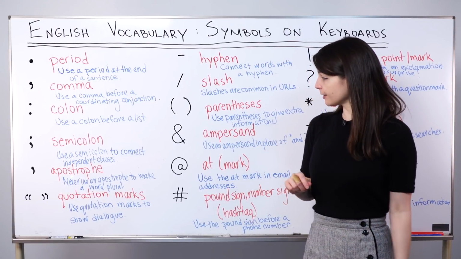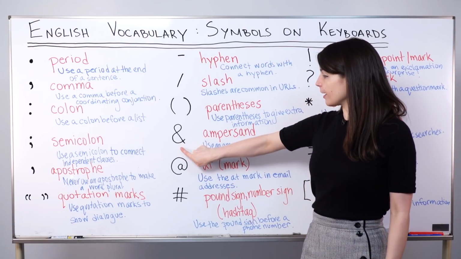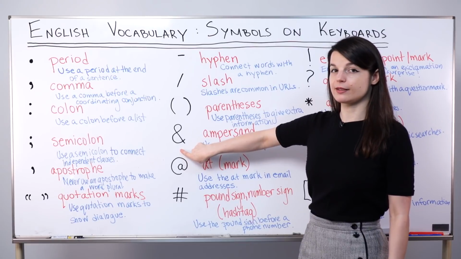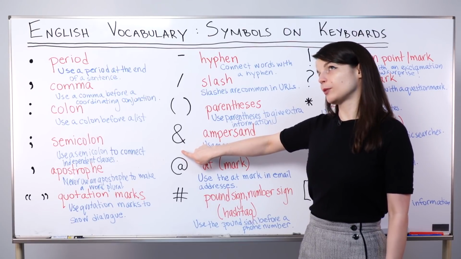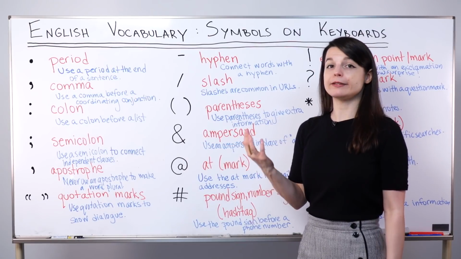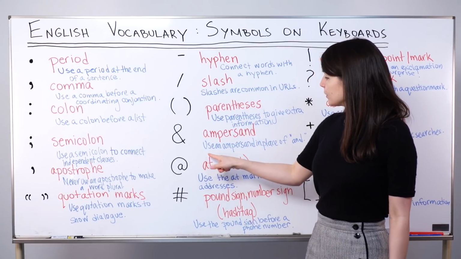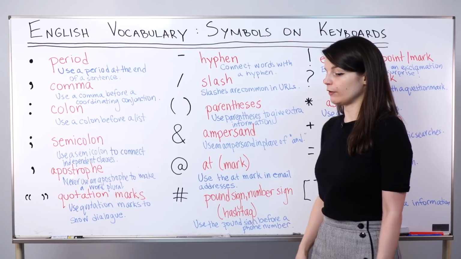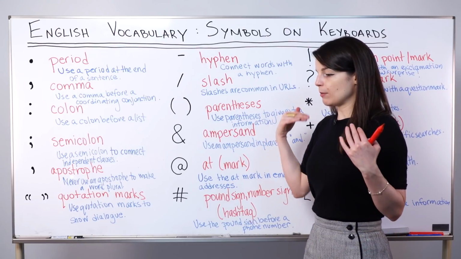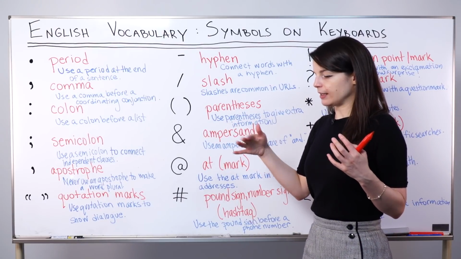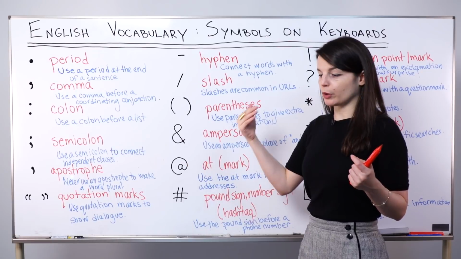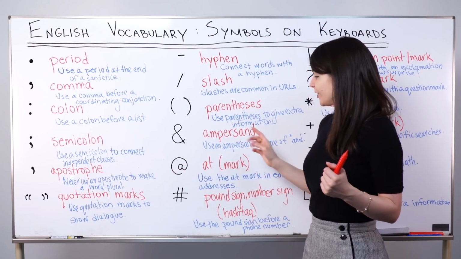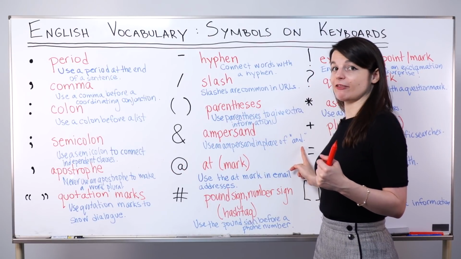Okay, let's go to the next mark. This mark is called ampersand. You might, I suppose, hear people call it the and mark because we use an ampersand in place of and. So if you want to describe something that is like a law firm or an organization, and there's an and in the title of that,